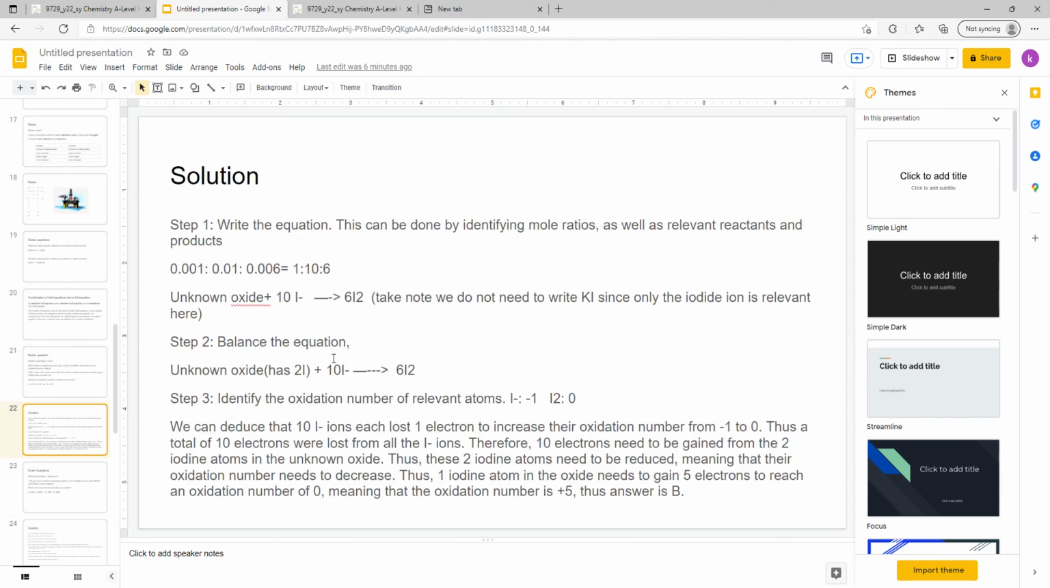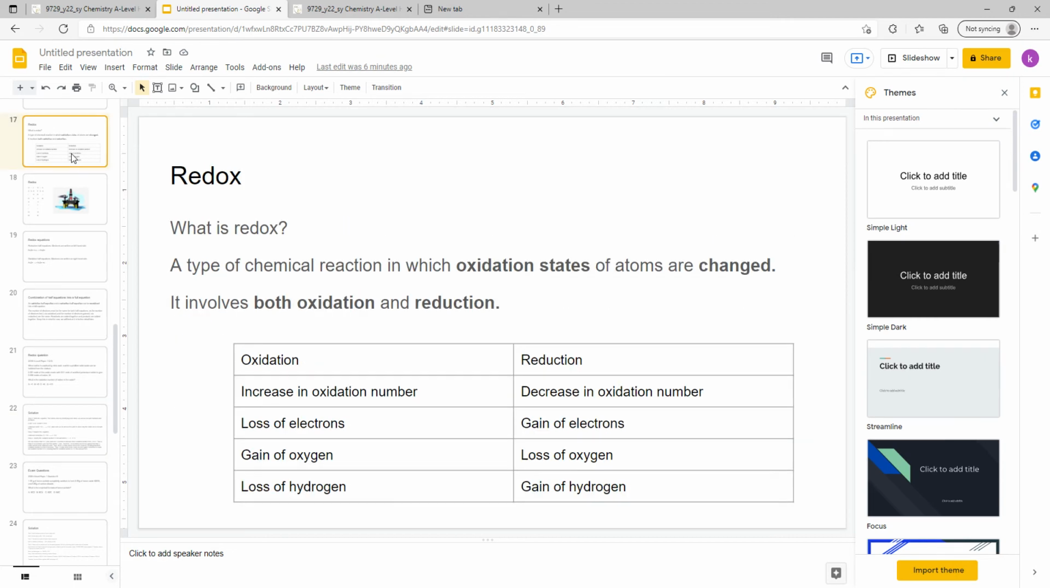Yeah, so since a total of 10 electrons were lost, and we know that the number of electrons lost needs to be the same as the number of electrons gained, 10 electrons need to be gained from the 2 iodine atoms in the unknown oxide, right? And since electrons need to be gained, we can deduce that the iodine atoms in the unknown oxide have to be reduced and have a decreased oxidation number,